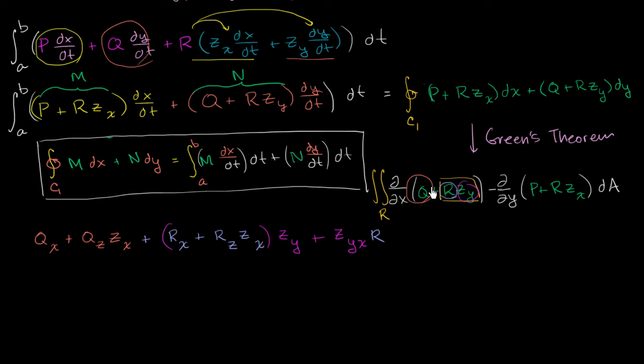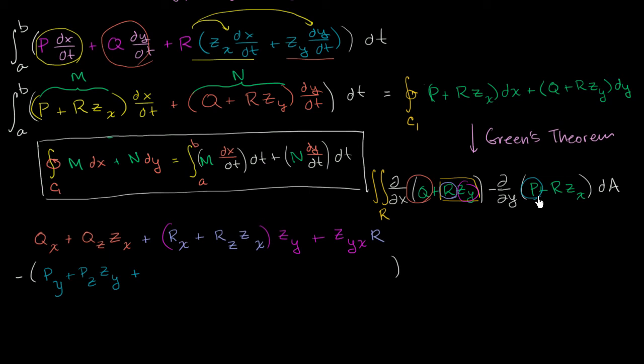And then we need to subtract the partial of this with respect to y. And we're going to use the exact same logic. So then we're going to subtract, and I'll put it in parentheses like that. So p could change directly due to y. I will circle p. Let me do it with a color that I haven't used yet. P could change directly due to y. So we could say the partial of p with respect to y. But it could also change due to z changing because of y. So plus the partial with respect to z times the partial of z with respect to y,